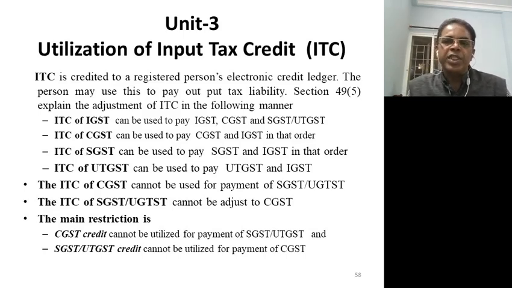However, for CGST and SGST, if there is a surplus amount, we cannot adjust across. For example, in case of ITC of IGST, the surplus of rupees 18,000 is there, but you need to pay SGST 12,000 and CGST 12,000. Under such cases, the surplus IGST of 18,000 is first utilized to pay CGST 12,000. Then the amount left over is a surplus of 6,000. The 6,000 can be used for payment of SGST.